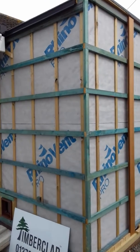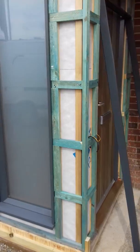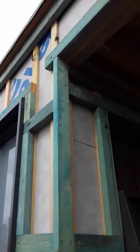Okay, prep work for fitting vertical timber cladding. Don't worry too much about the different coloured battens, that's there for the purpose of the video. Just have a walk round, you can see where we're going into the canopy, good view there of the insect mesh behind, closing off the void, stopping the bugs getting in, squeeze across the top,